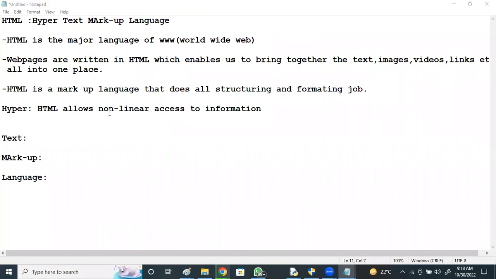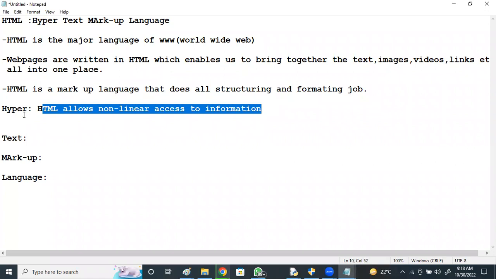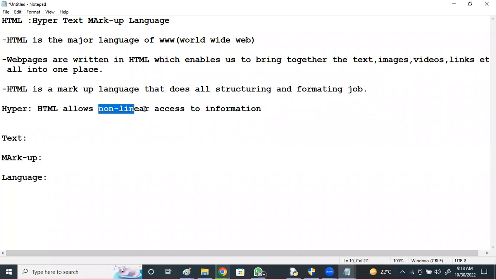HTML allows non-linear access to information. What do you mean by non-linear and by linear? Linear means from first to last. For example, if you want to read a storybook, you will read from the first page to the last page linearly. But if you want to search for a particular topic of Python, say functions, you will go directly to that page non-linearly.